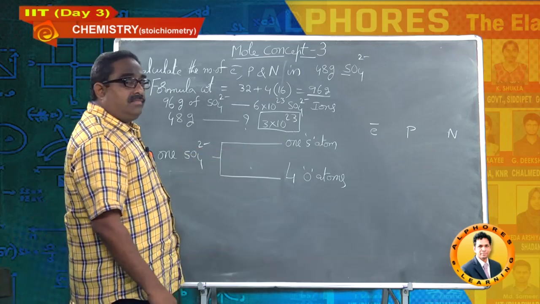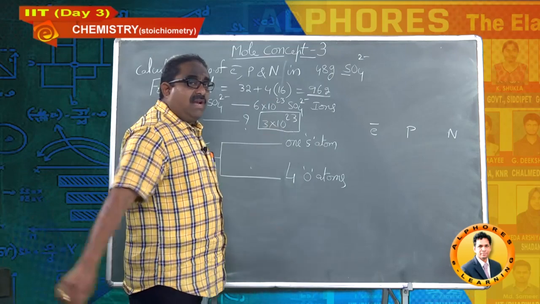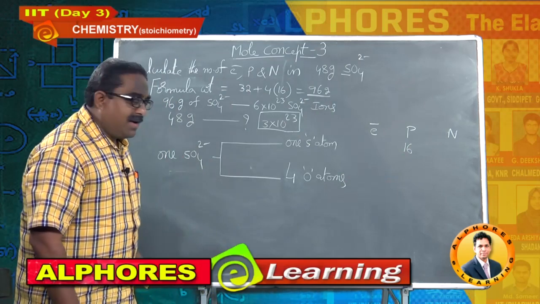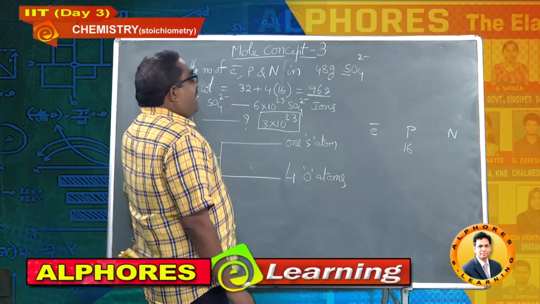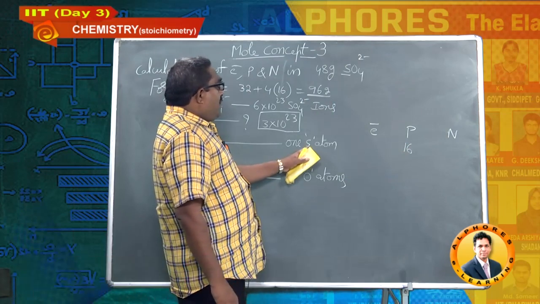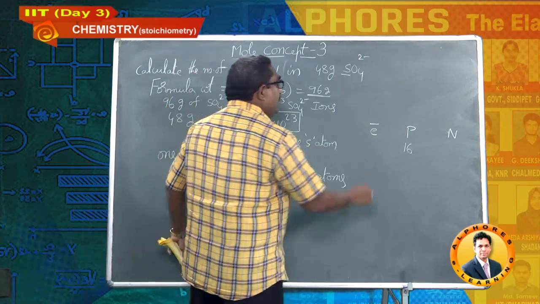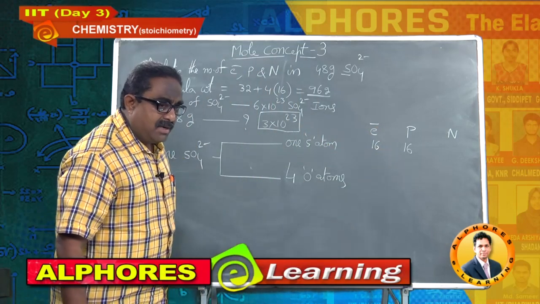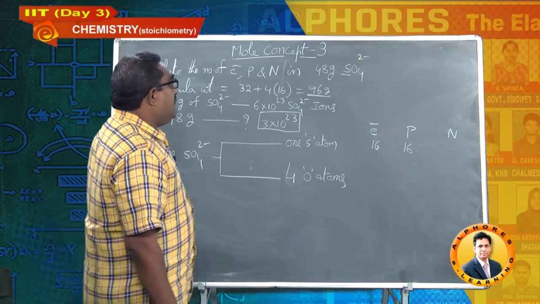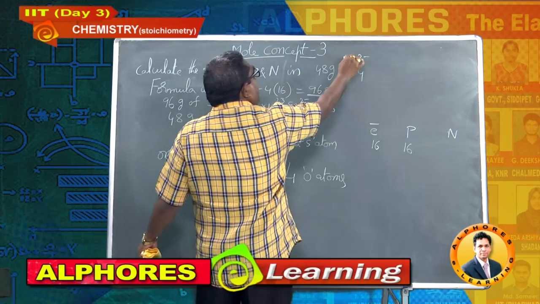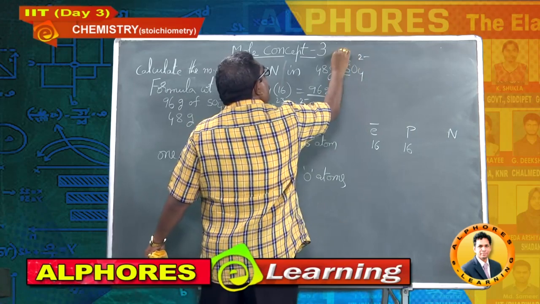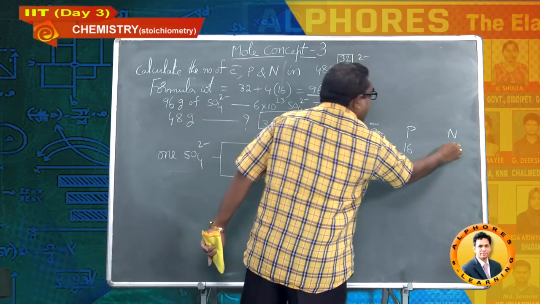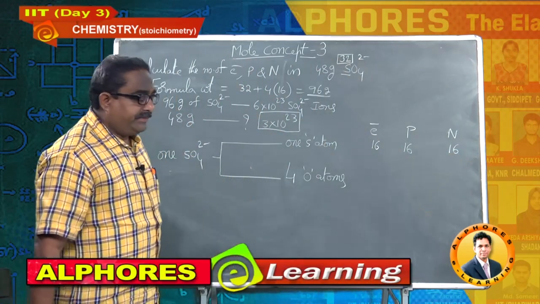One sulfur atom, atomic number of sulfur is 16, so I can blindly write 16 protons. And if it is neutral sulfur, yes, it is 16 electrons for a neutral atom. Number of protons and electrons are the same. Sulfur mass number, nothing is mentioned, default it is 32, no doubt. So 32 minus 16, A minus Z, again 16 neutrons, students.